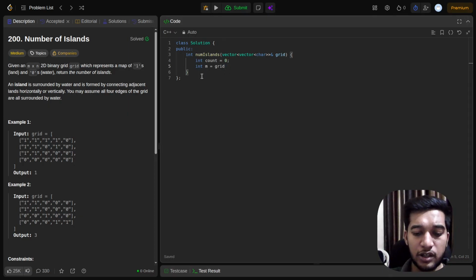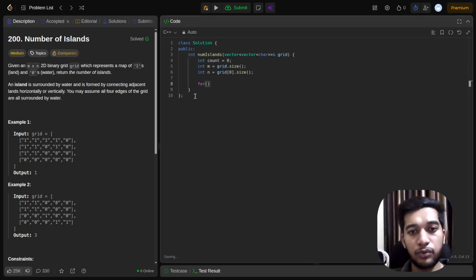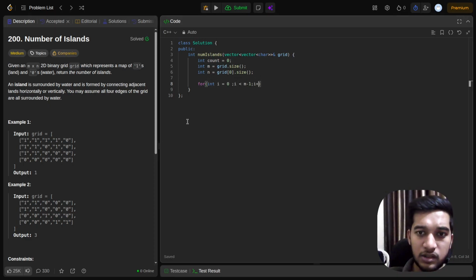So that will be grid dot size, and this will be the row size, and for the column we will take grid 0 dot size. Now we will run 2 for loops from 0 to m-1 and from 0 to n-1. So we will do that, like int i equal to 0 to m-1 and i plus plus,